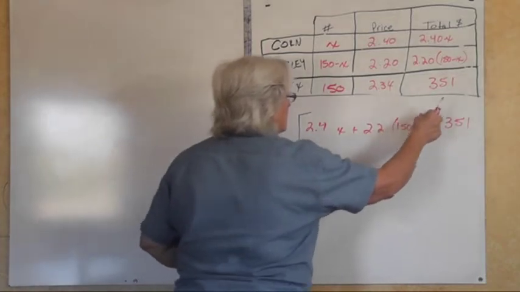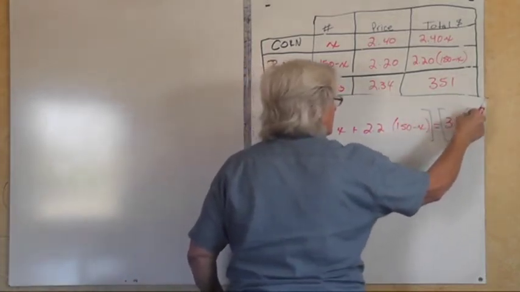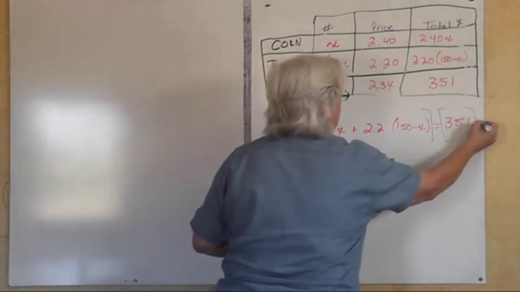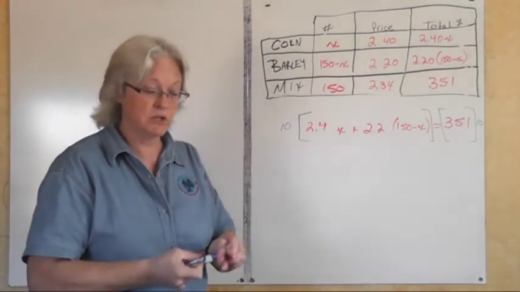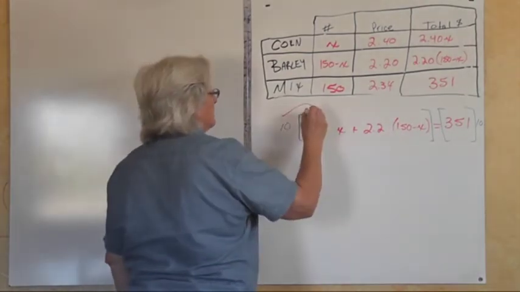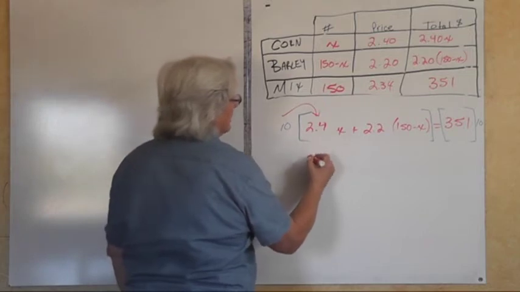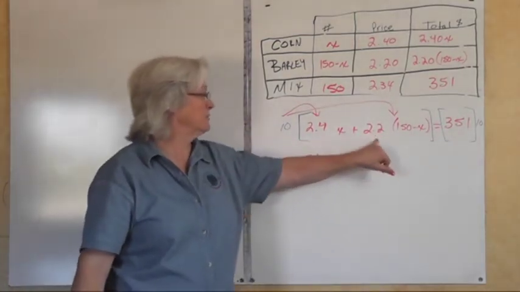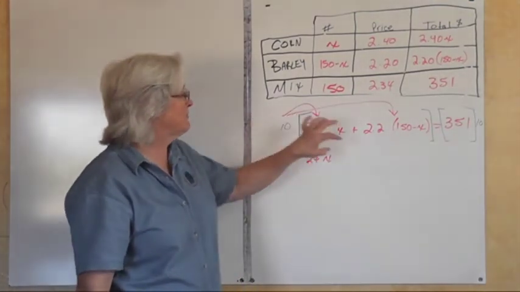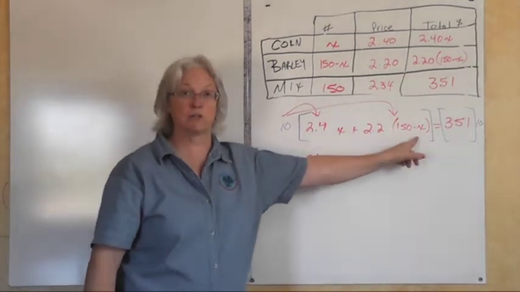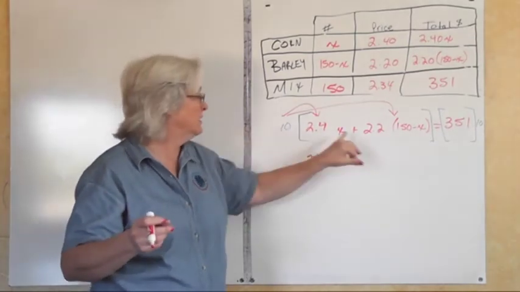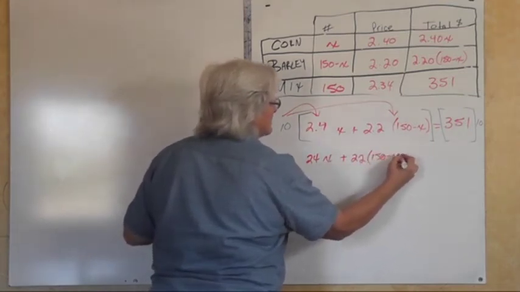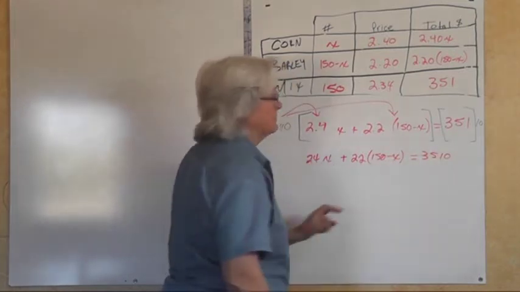I'm going to go ahead and bracket this off so that you can see that we're going to multiply each side of this equation by 10. I'm not going to get all hung up here in the distribution, but I'm going to show you how this works. We have 10 times 2.4, move the decimal point 1 unit to the right. You have 24x. Now we have to say 10 times this expression in here. 10 times 2.2 times the quantity 150 minus x. We have three factors together. Multiplication in order from left to right. 10 times 2.2 gives me 22 times the quantity 150 minus x is equal to 3510, because we multiplied 351